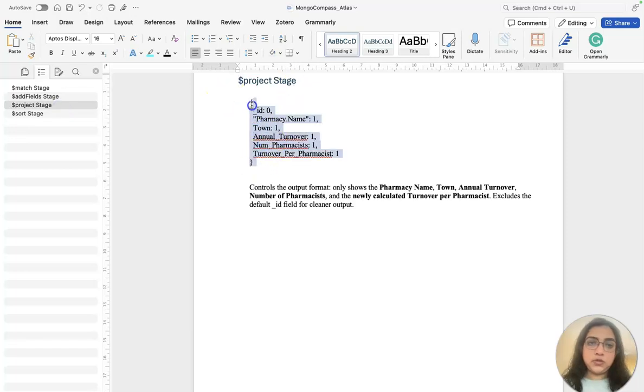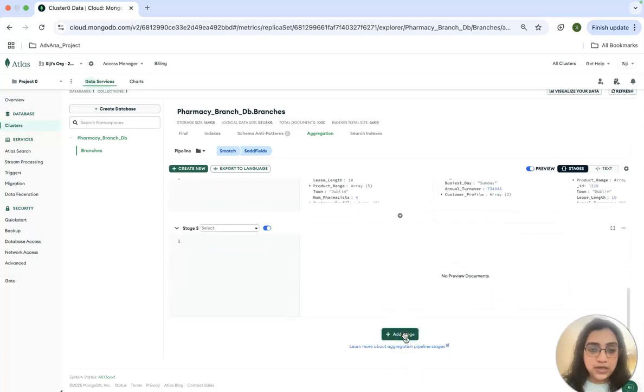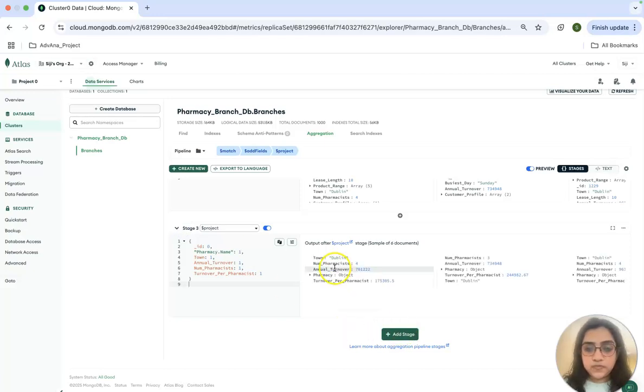Now the next stage is the project stage. In the project stage, it controls the output format. It only shows the pharmacy name, town, annual turnover, number of pharmacists, and the newly calculated turnover per pharmacist field. It excludes some of the fields, so we will be able to analyze more of what we want rather than all the details fetched for the document. So we are adding this. What field are we using? Field state. You can see,